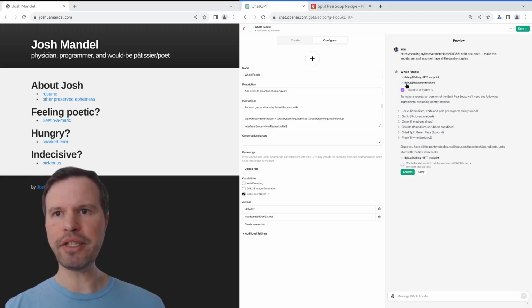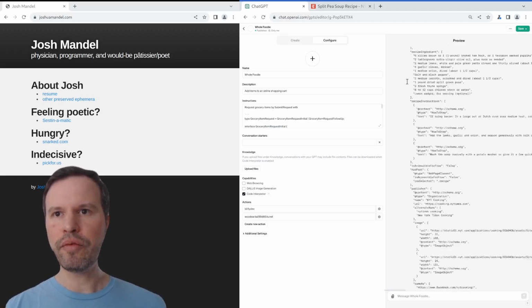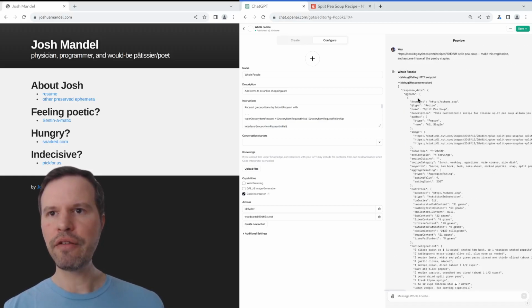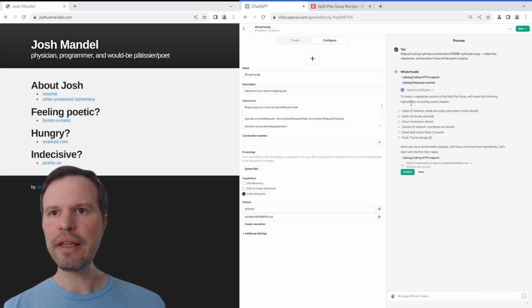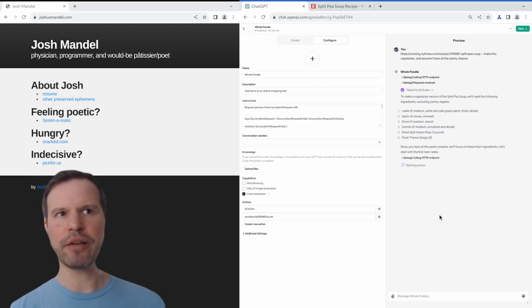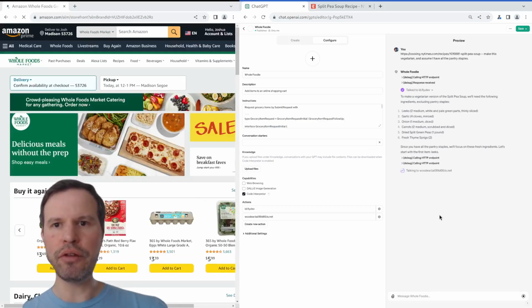So let's take a look at what's happened so far. The recipe JSON was fetched from that first API call. We pulled out a list of the fresh ingredients that we're going to need. There's 6 of them here, and we're going to start ordering at the top of the list with the leeks. So I'm going to allow that to proceed,